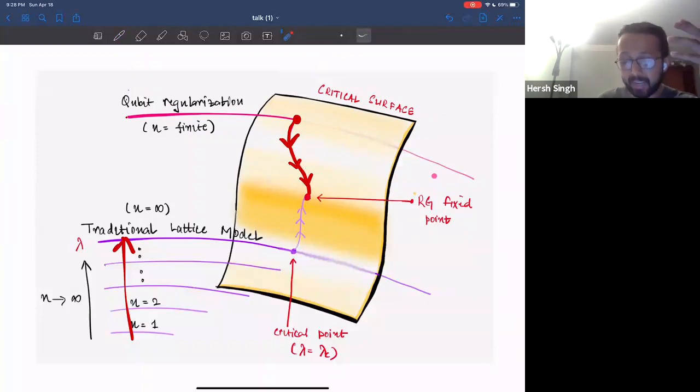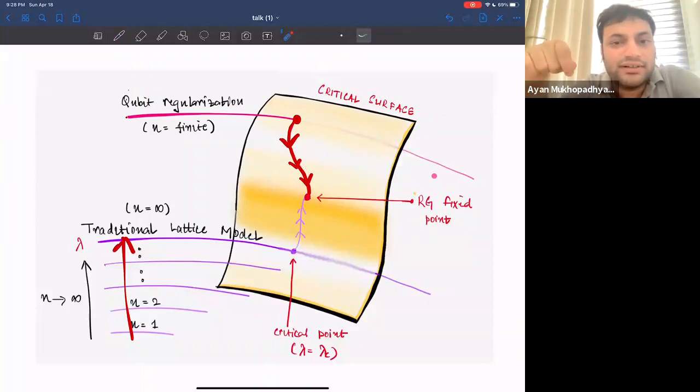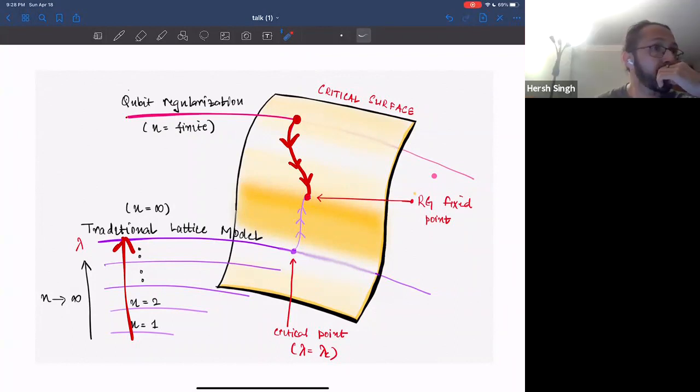The second thing that I'm doing... if there is an arrow, then you are not moving on the critical surface itself. You are moving out of the critical surface, I guess, because on the critical surface you have only marginal deformations. You go from one point on the critical surface to another, related by marginal deformations only, is it? Oh, maybe this word critical surface has multiple meanings.